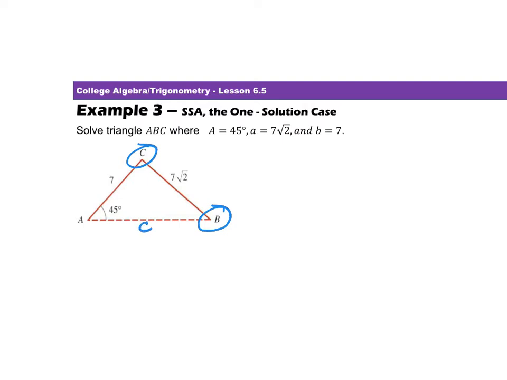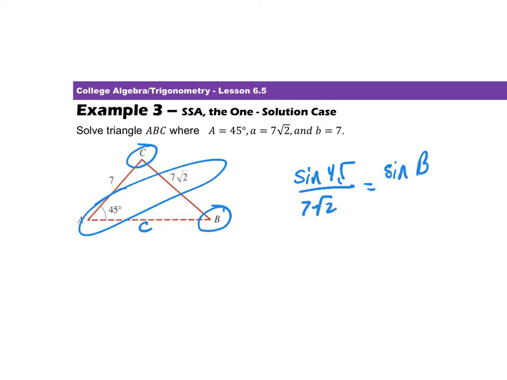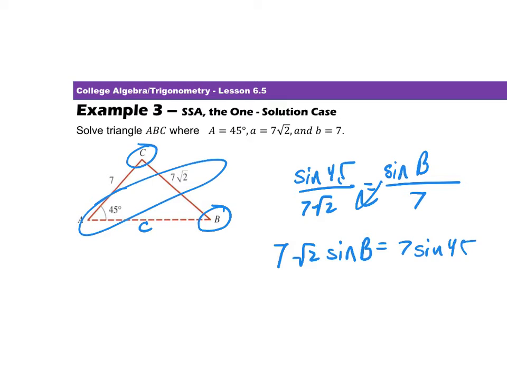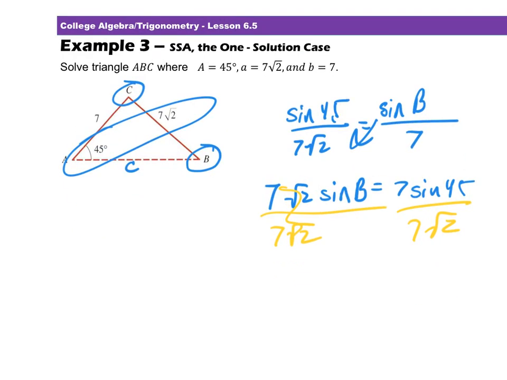So I'm going to take what they gave me. They gave me side A and angle A. So I have sine of 45 over 7 root 2 equals sine of B over 7. I don't know what B is, so we'll just cross multiply. So 7 radical 2 times the sine of B equals 7 times the sine of 45. We want sine to be all by itself, so we're going to divide both sides by 7 radical 2. And we get the sine of B equals